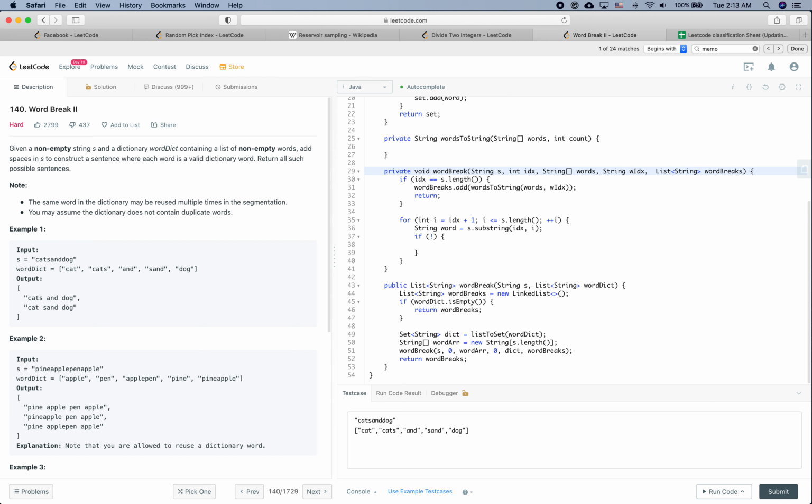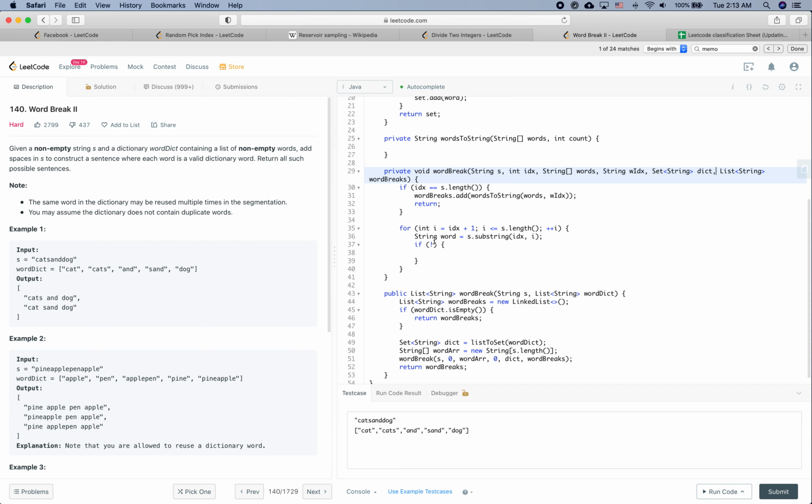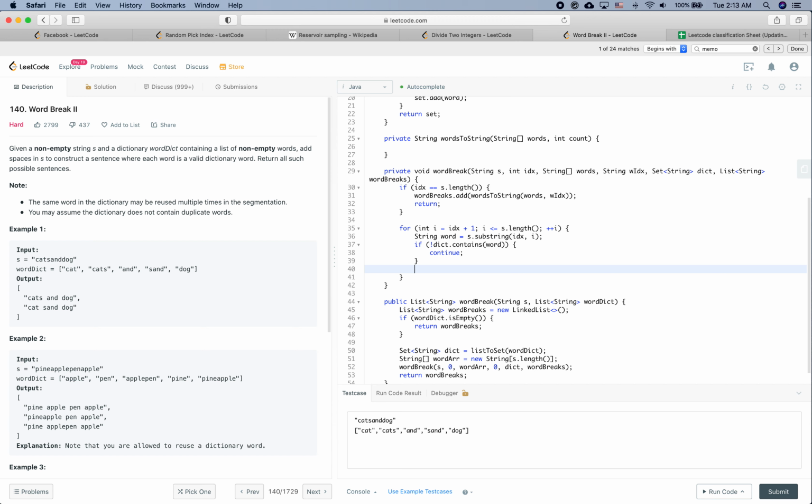So we are going to have this one as a set of strings as the dict. So if the dictionary doesn't have the word, then you simply continue. Otherwise, if it contains the word, then we are going to say, alright, so call wordBreak s on top of idx. This is actually i, okay, and words and widx plus 1, and then the dict